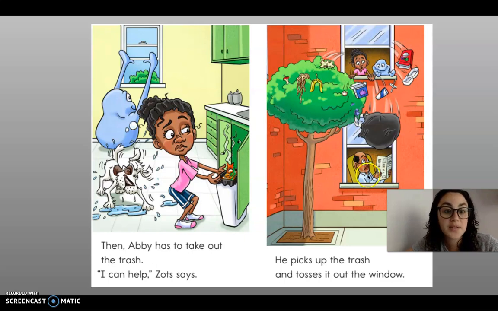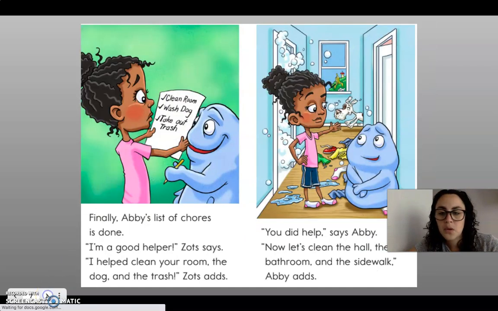Ooh, I'm going to make an inference. I'm going to infer that this neighbor, their downstairs neighbor, is maybe scared or a little bit surprised to see garbage falling from the sky. That would make sense because if someone saw that, they might be a little freaked out, and I'm looking at the way they drew his face, too. Even though the author didn't exactly write the words, there are clues that make me think, that would make sense. Are you inferring anything about this page? What do you see? What are you thinking that the author maybe didn't explicitly write, but it's there? It's there in our brains.